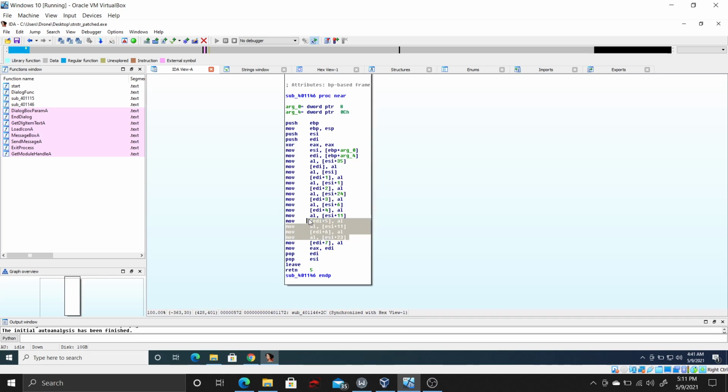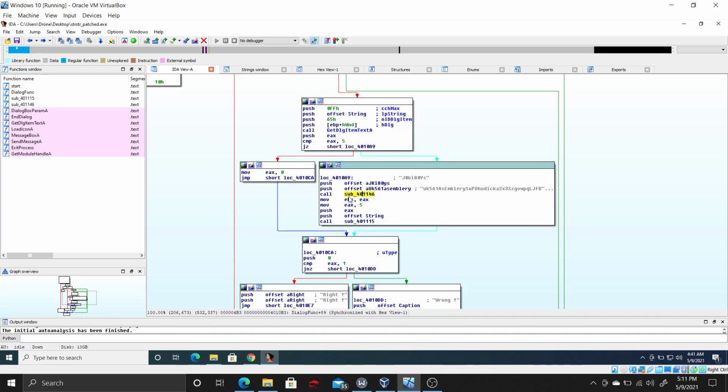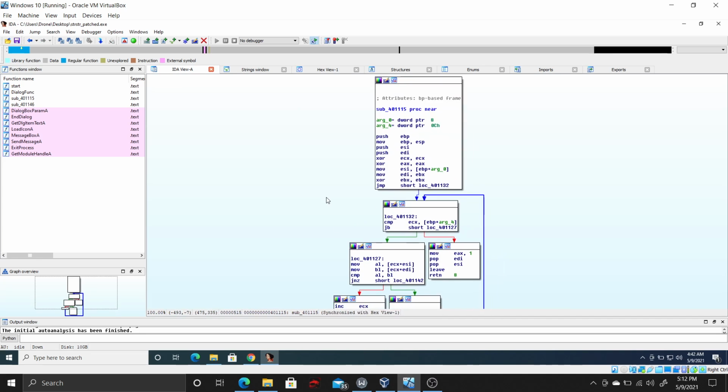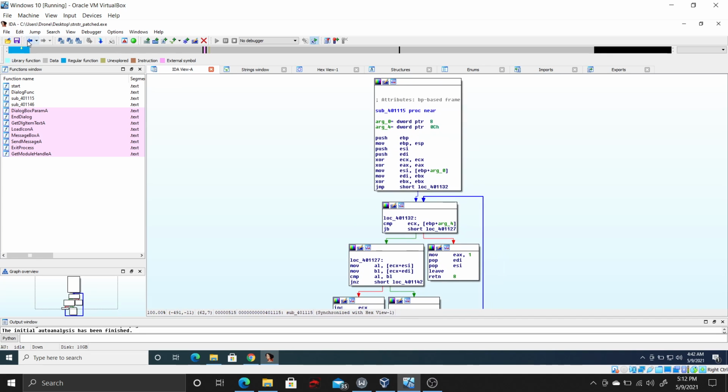All these remaining instructions I have left as they are, because they are now garbage values for us, and at the end I have changed the return length to 5 instead of 8. Now what will happen is, over here also I have changed 8 to 5, because now my input string is of 5 characters. Instead of running the loop 8 times, it will only run 5 times inside this subroutine, and we will get the correct output.